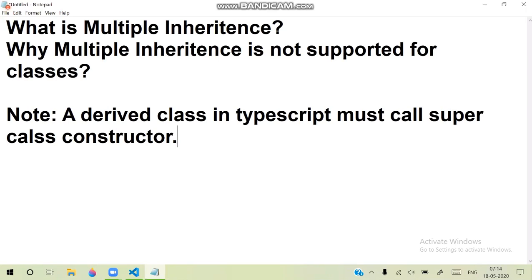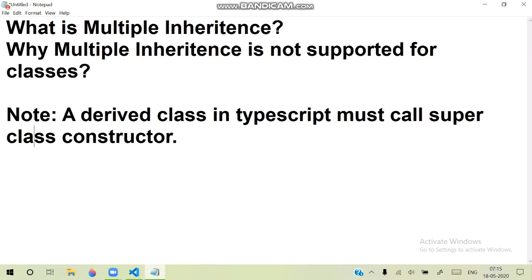So this is important. A derived class in TypeScript must call the superclass constructor. It is mandatory. If not, it shows an error.